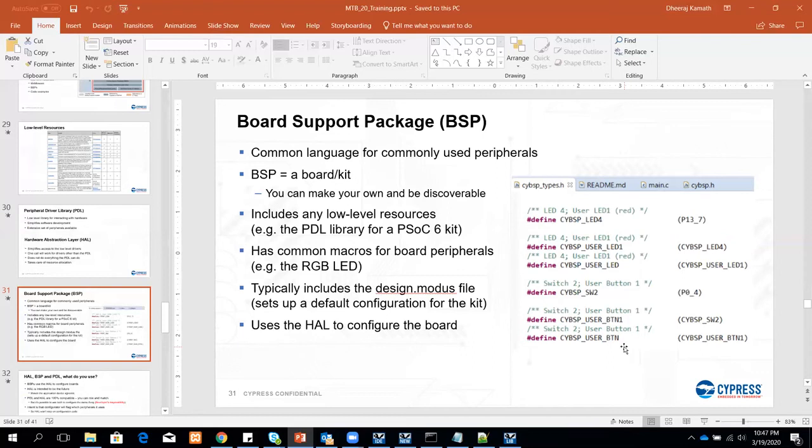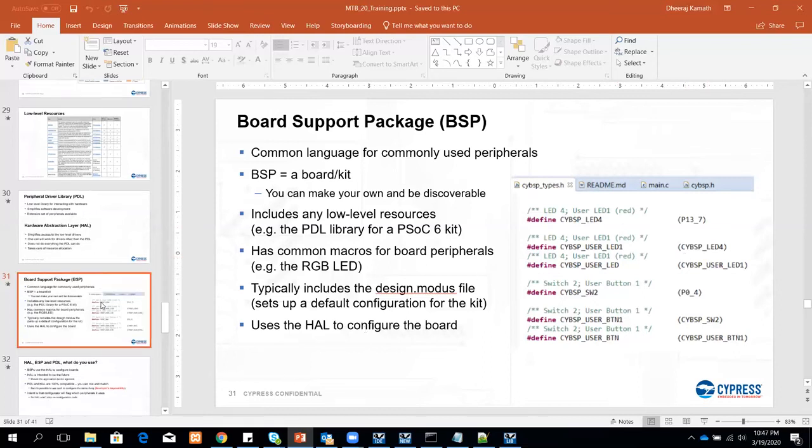What this means is, let's say you have two different kits, and the RGB LED has different pins assigned to them. If you have a common naming for each one of them, saying LED1 or LED2, then if you use CYBSP user LED1, this application remains constant across all the boards. So you need not worry about the pins that each one of them is assigned to, and the application just works on each of the boards.